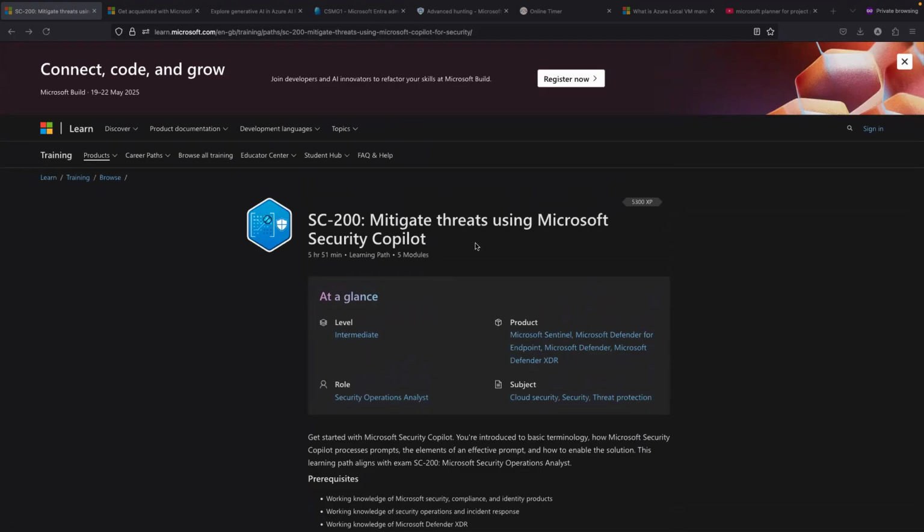As part of the SC-200, we have a course here that says mitigate. We have a module that says mitigate threats using Microsoft Security Copilot. Some of us must already be familiar with Copilot, especially people who have been using all these generative AI